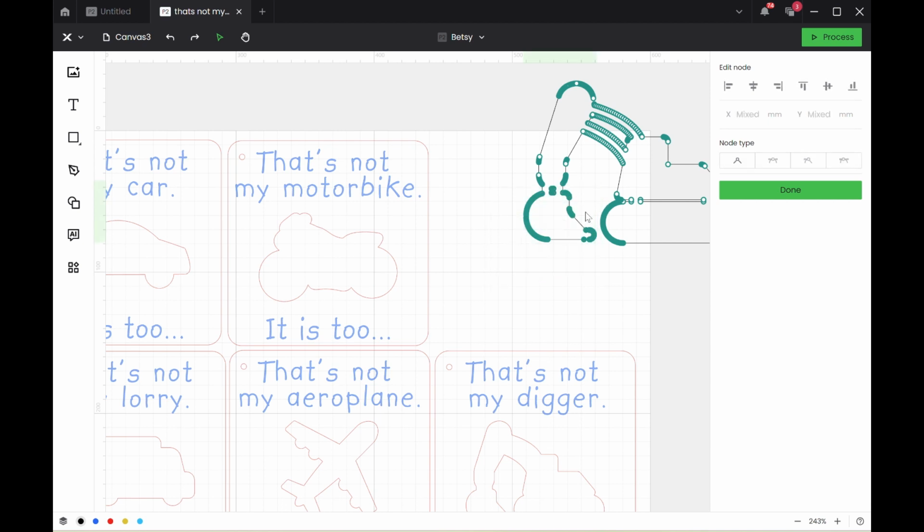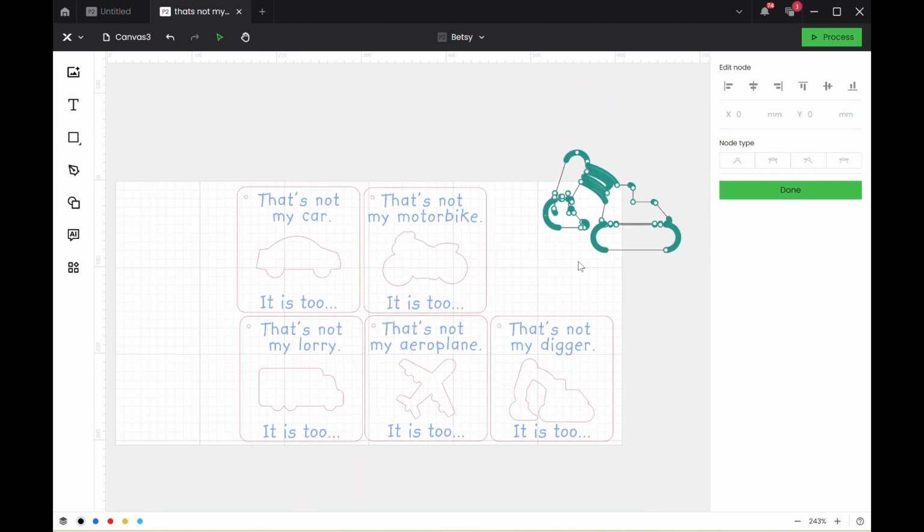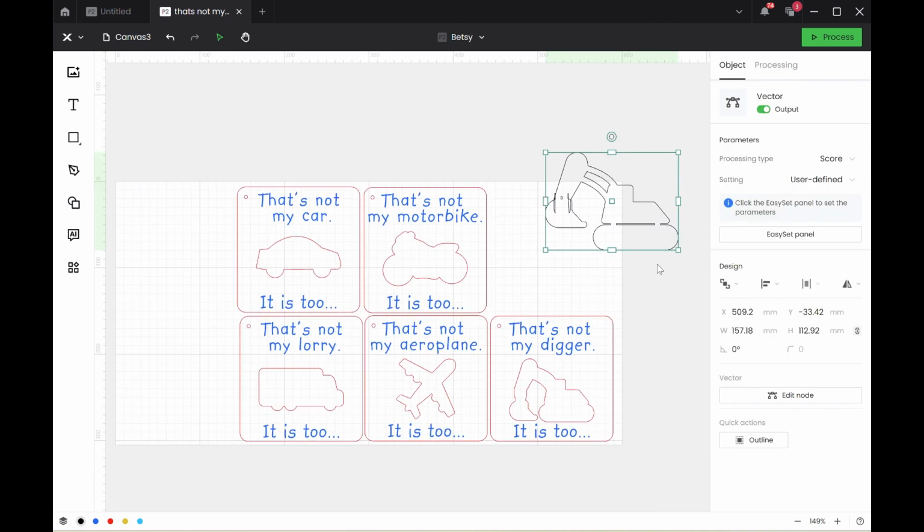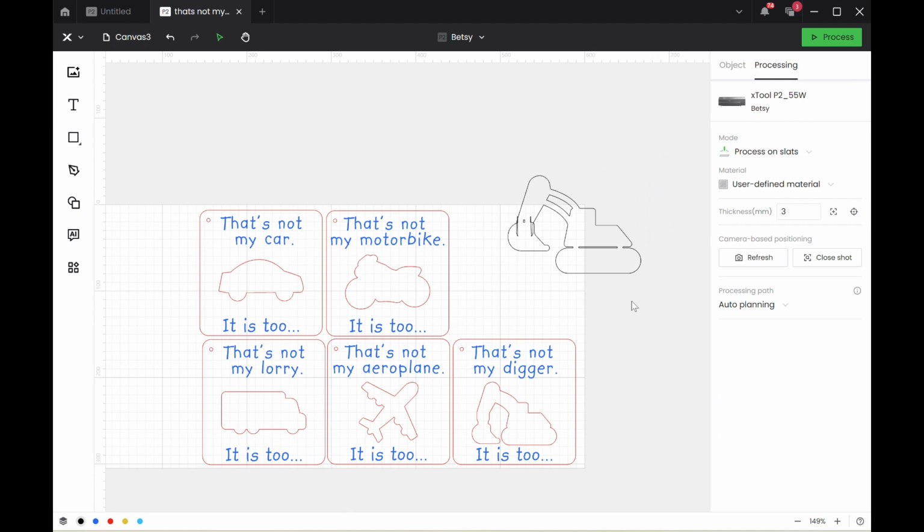So I can move it up. You can still see that the gap in between the scoop and the band is quite small, and that's basically what I want to avoid. It's a little bit better, but it's still quite weak in between. So I want to go back, try again,